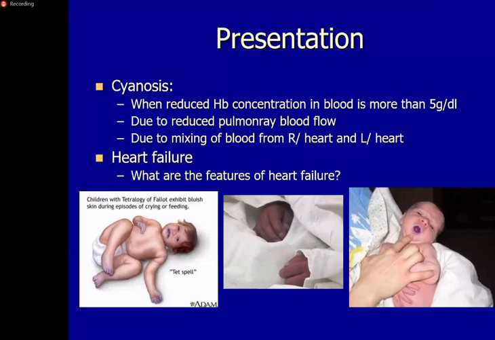Then the other thing is the heart may begin to fail. Now, the easiest way is, for any organ, if you hear that it has a failure, you just have to find out what the functions of this organ are, and those functions are not happening. So when there is heart failure, its function is to get the blood from the peripheries to the heart and pump the blood out of the heart. If it is not getting the blood which is available from the peripheries towards the heart, that means there will be edema in the periphery. Whereas if it is not pumping the blood from the heart to the peripheries, that means the functions can't